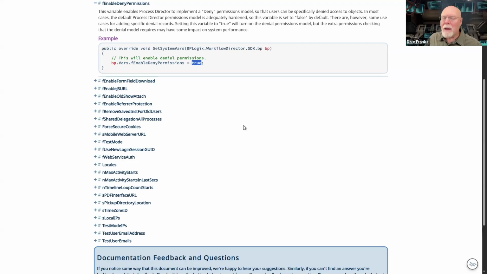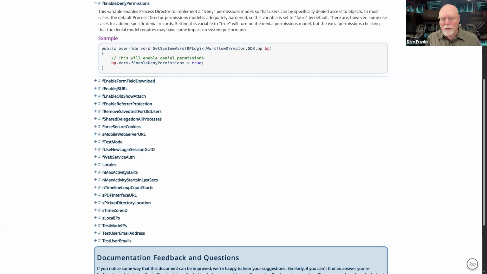So it is a much more resource-intensive way of applying permissions. And as I said, in most cases, you don't need to worry about it. It's available for you if you need it, but we generally recommend against its use for almost all use cases.